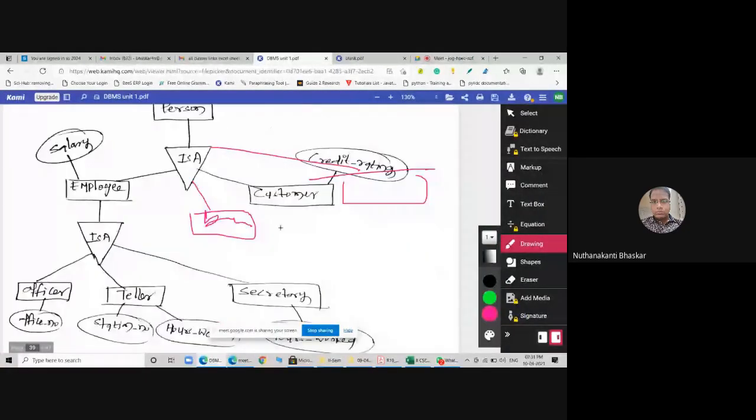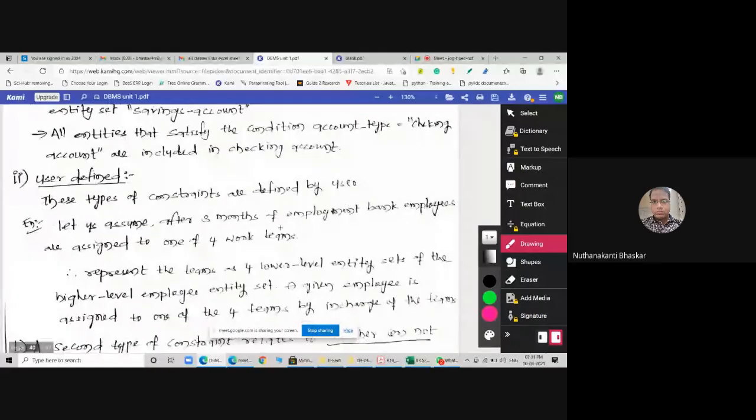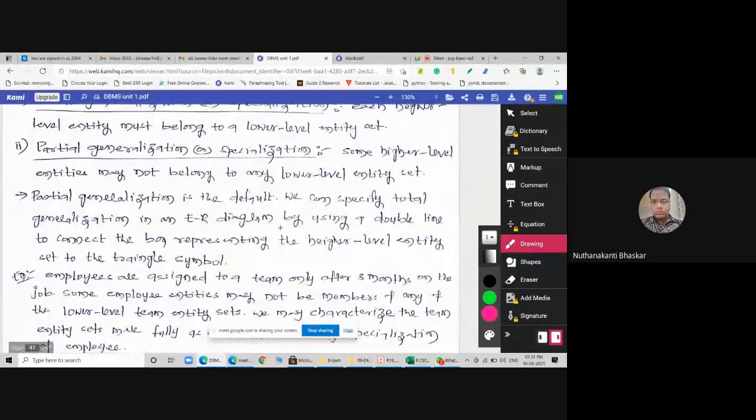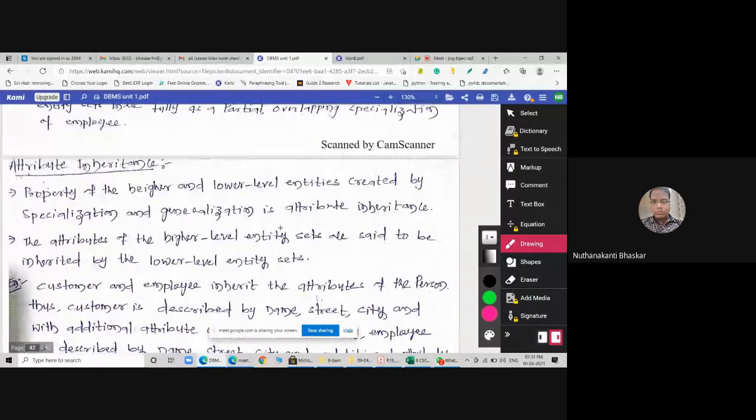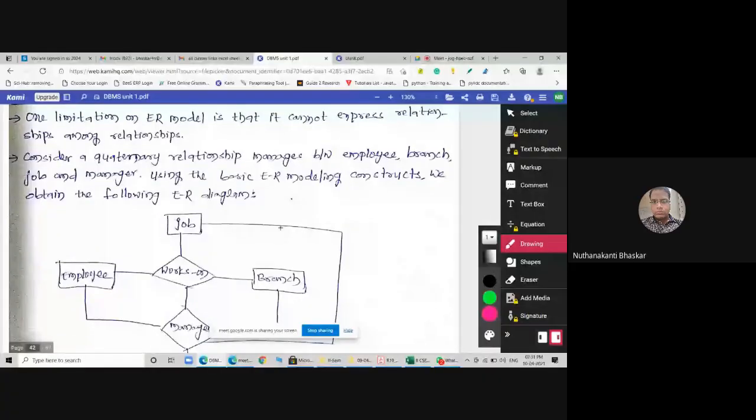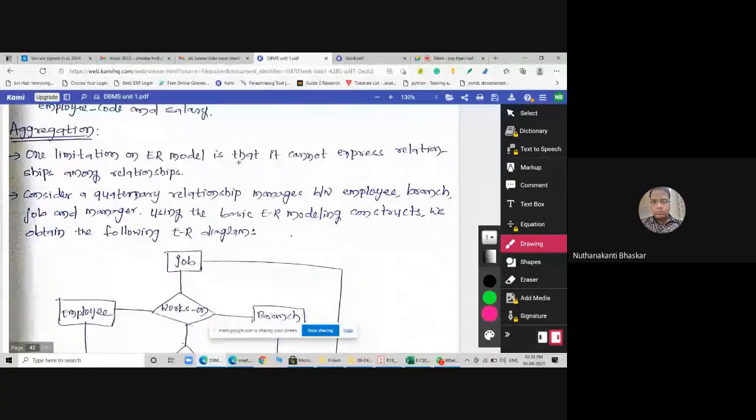Now, the final topic for this ER model, I am going to finish up, is aggregation. This is one important topic. Sometimes people will ask about it in training or in examinations. It is very important, and sometimes it will confuse you. When I am preparing an ER diagram, sometimes the ER diagrams are